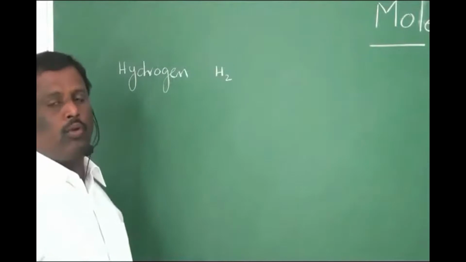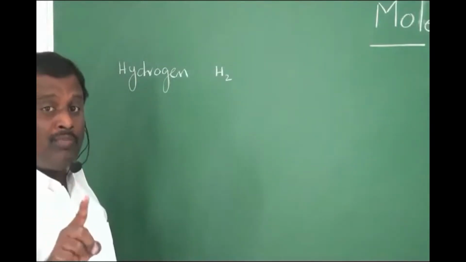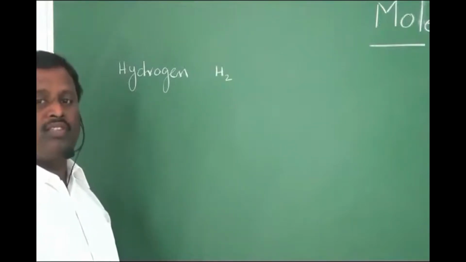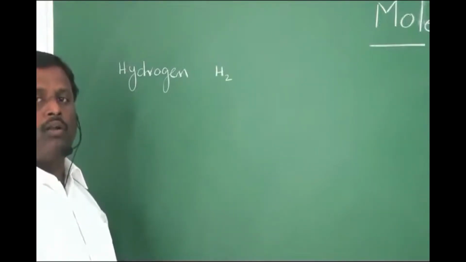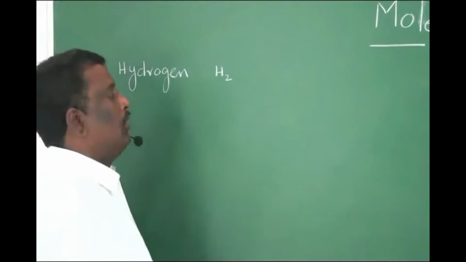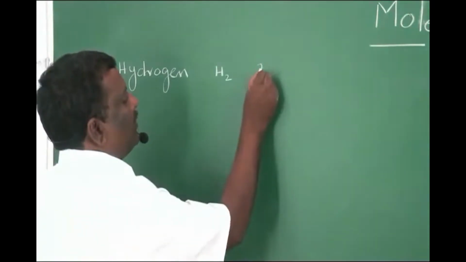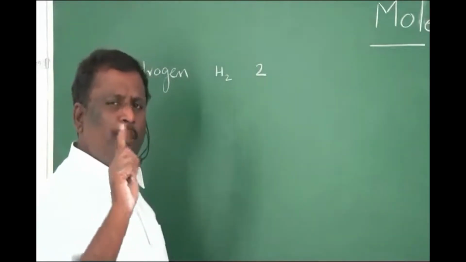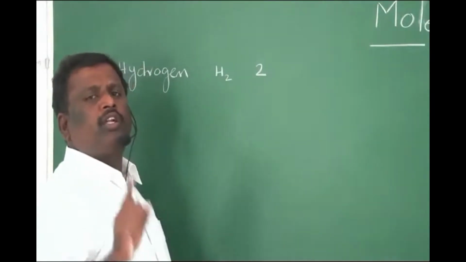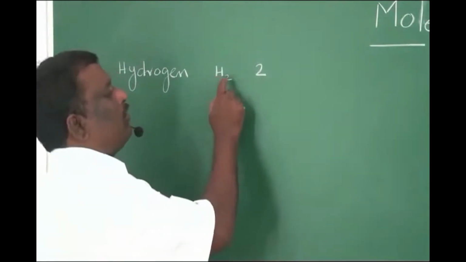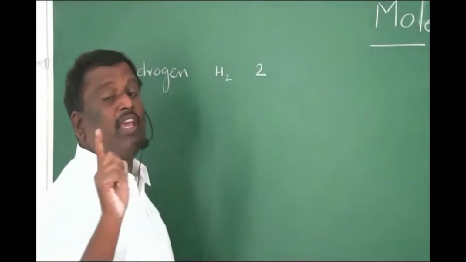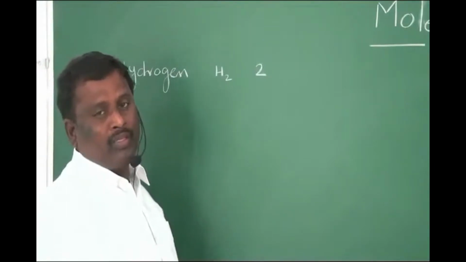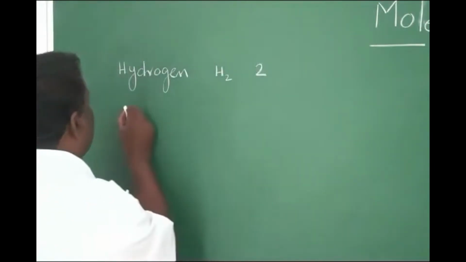This H2 molecule is 2 times heavier than 1/12 of C12 isotope or 1 AMU, so its molecular weight is said to be 2. This molecular weight is a simple number which denotes how many times heavier that particular molecule is than 1 AMU. Similarly, if you take oxygen,